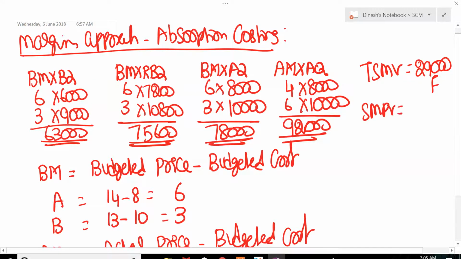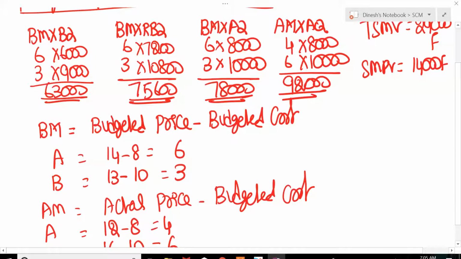SMPV, sales margin price variance, 14,000 favorable. Earlier also it would have been 14,000. Your price variance is going to remain same under total approach or margin approach. SMVV is 15,000 favorable. SMQV is